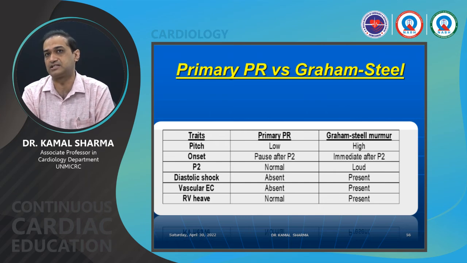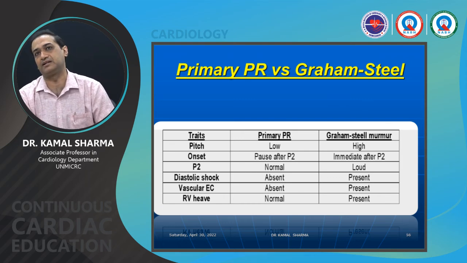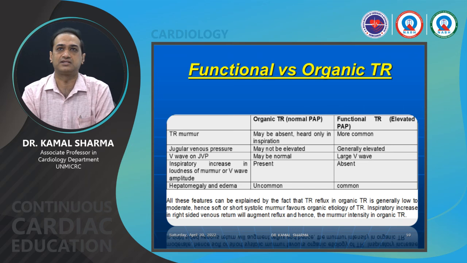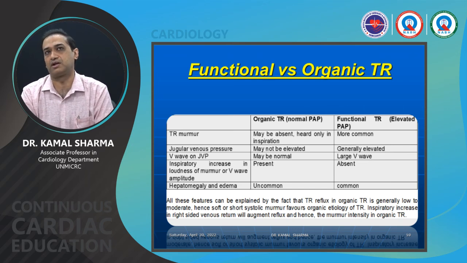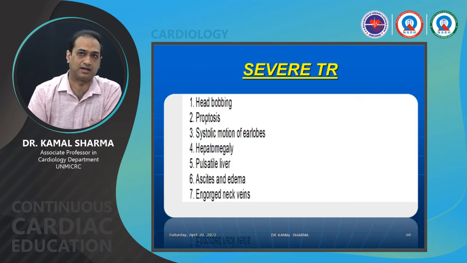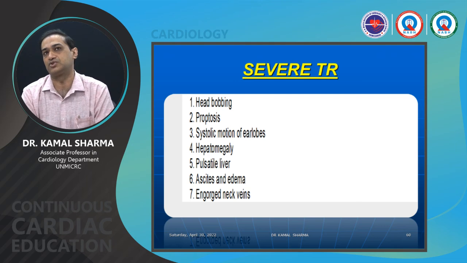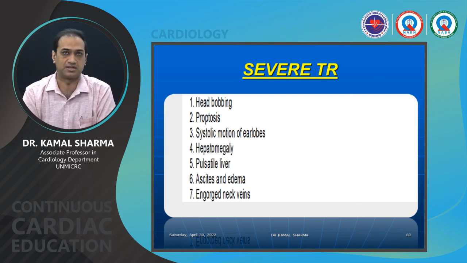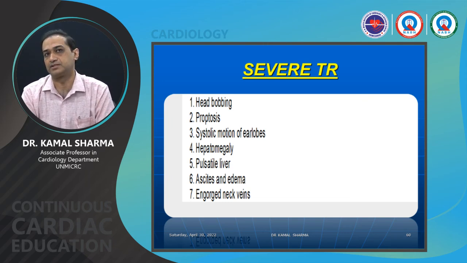Primary PR versus Graham Steell murmur: the Graham Steell is a murmur of PAH, so it is usually associated with loud P2, and because of the pressure it starts immediately after the second heart sound, with diastolic shock, valvular click and RV heave being present in Graham Steell murmur. So acute versus chronic AR, AR versus AS from the systolic murmur of AR, and functional and organic TR are also something that one should be aware of. Severe TR is picked up based on head bobbing, proptosis, systolic motion of the earlobe, hepatomegaly, pulsatile liver, ascites, edema